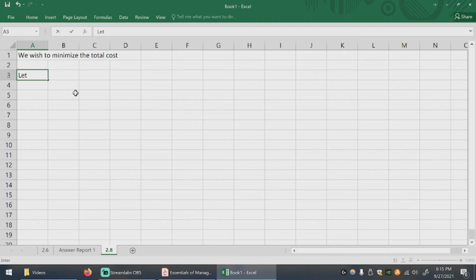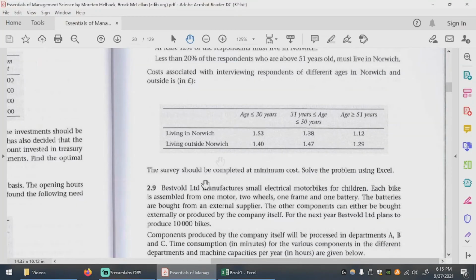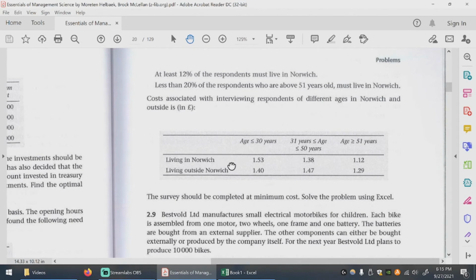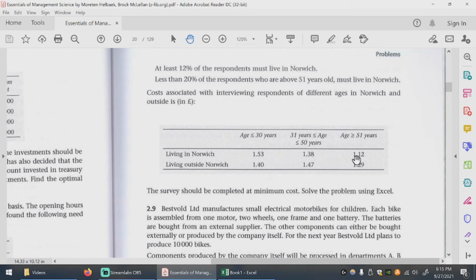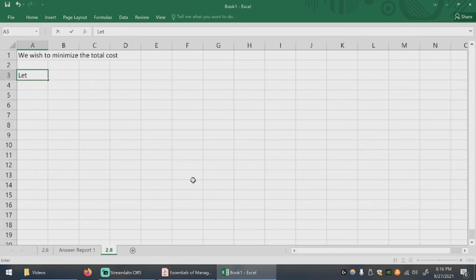Variables. Now you can define these variables however you want. The point is I need 6 of them, 1 for each group of people. So I'll choose N and O for living in Norwich and living outside. And then the age groups, I'll just make U, V, and W. So, again, this is my choice. Choose whatever you want. But I want to have a variable name that is somehow going to help me remember what it represents. UN